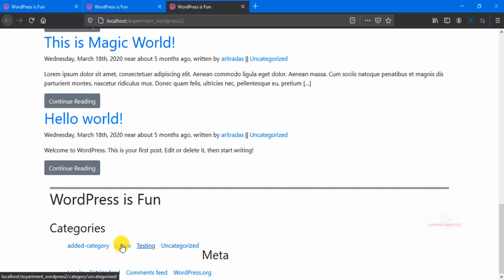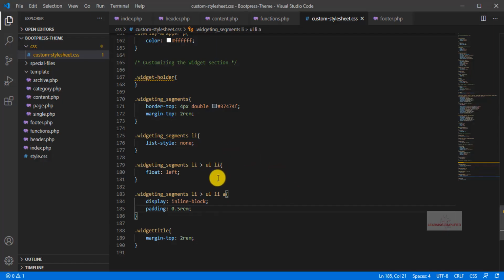Reload, and you can see that this will be the result. So we are practically customizing all those individual list active link elements in the sublist items into the main list element of categories. Now we need to make it a little bit spacious in order to mark them prominently in our project. So let's head back to our text editor.